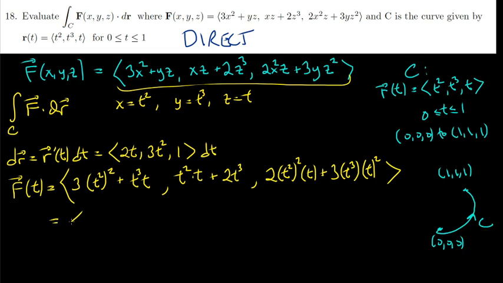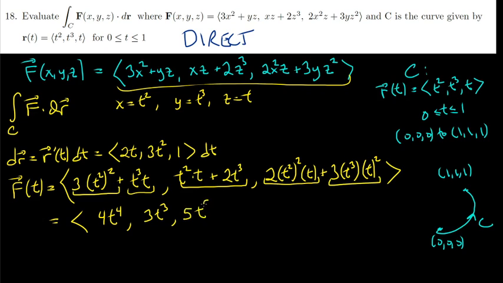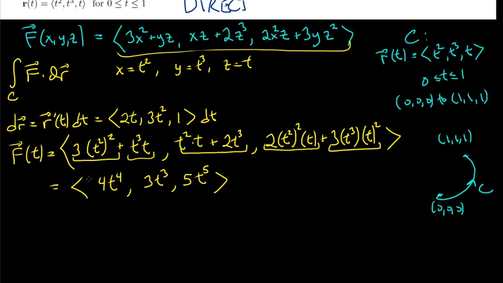So kind of a mess, but notice this is really just going to be 3t to the fourth plus t to the fourth is 4t to the fourth. Here we have t cubed plus 2t cubed is 3t cubed. And then here we have 2t to the fifth plus 3t to the fifth, which is a 5t to the power 5. So that's a nice coincidence that the coefficient is the same as the exponent. So this is the vector function that we're integrating,